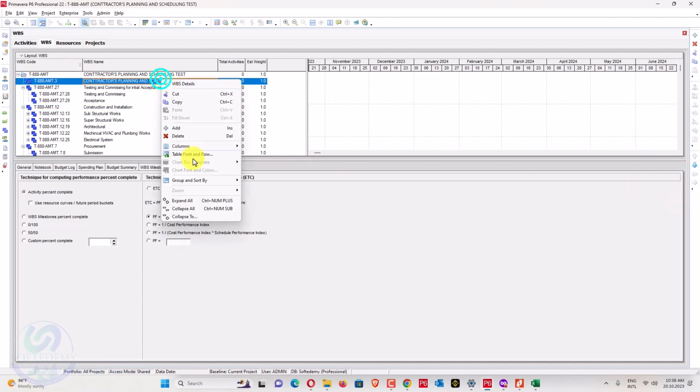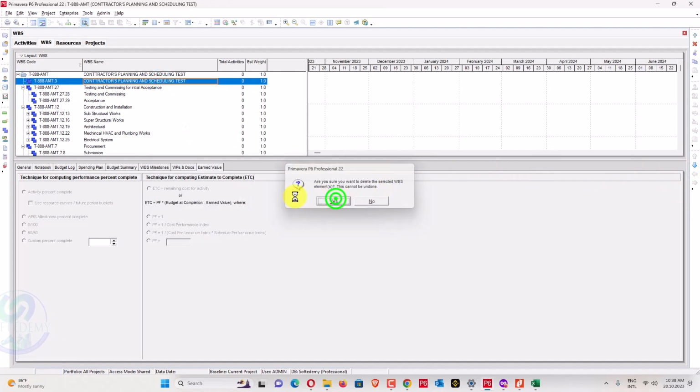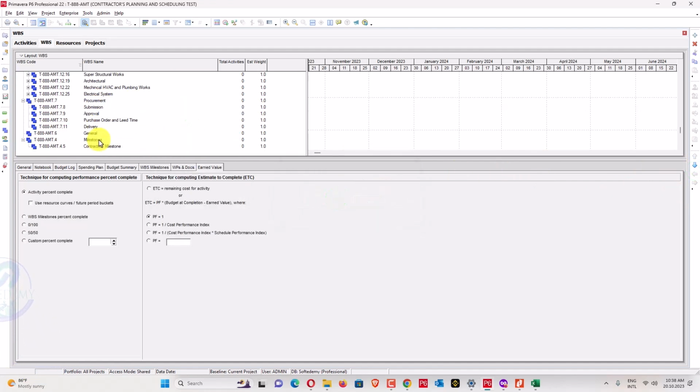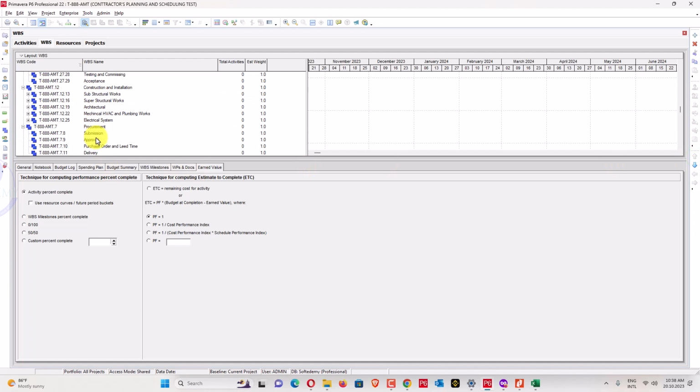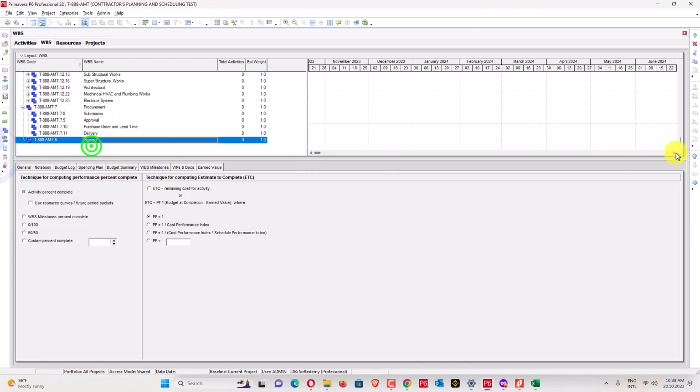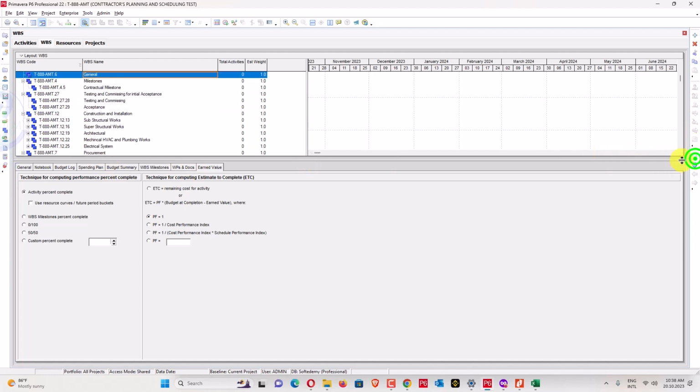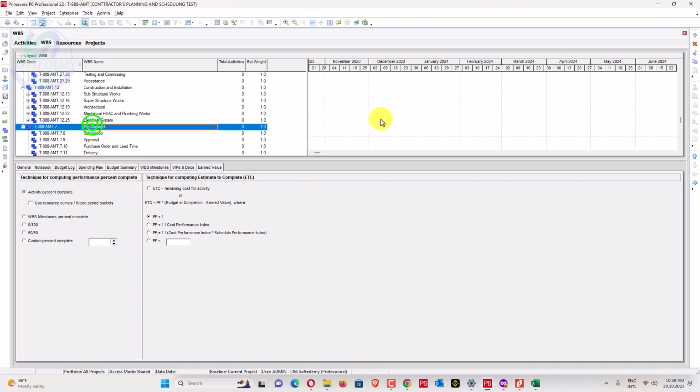Now remove this one from this level, and the top we need as a milestone, and the second one we need as general items, and the third one we need as procurement.